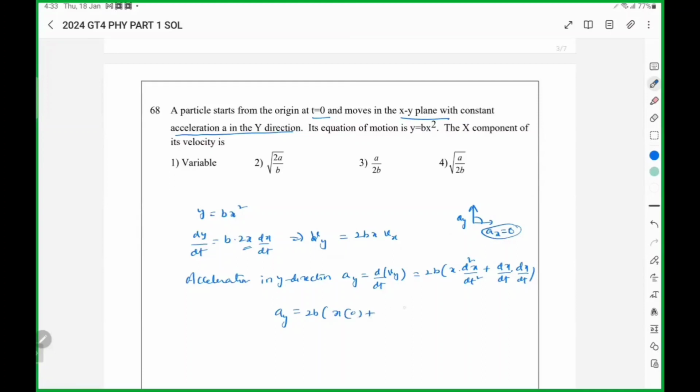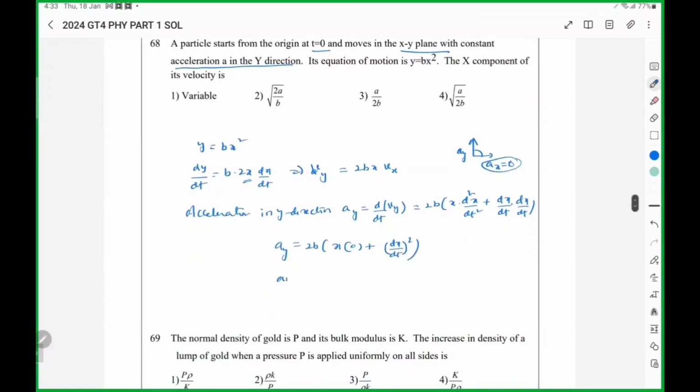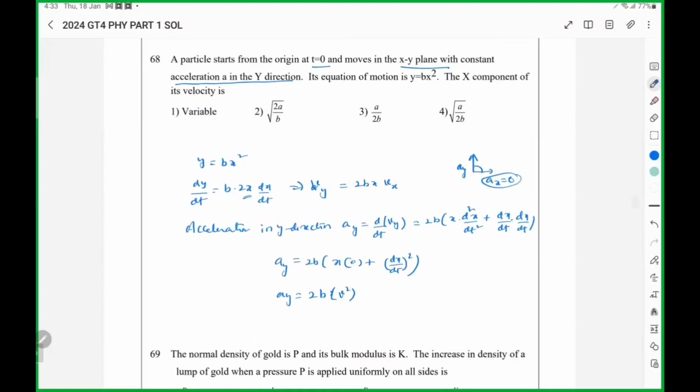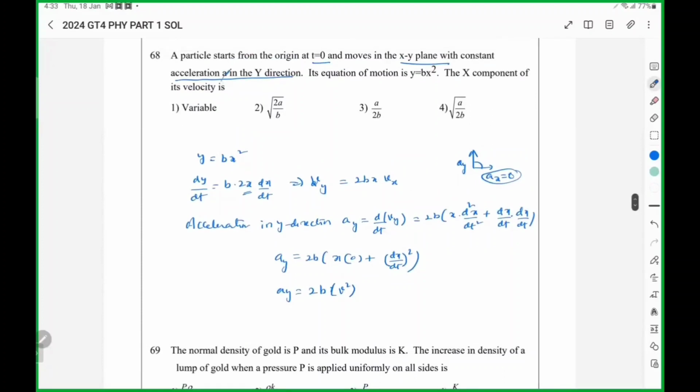So dx by dt whole square, that is ay 2b into v square. Here ay is given as acceleration a. So v square is